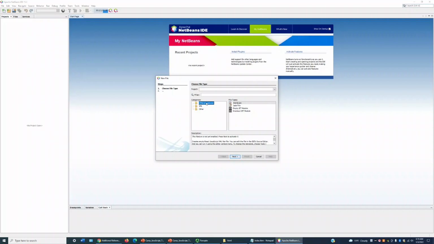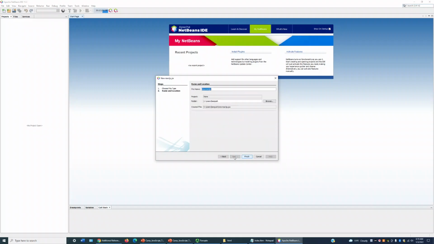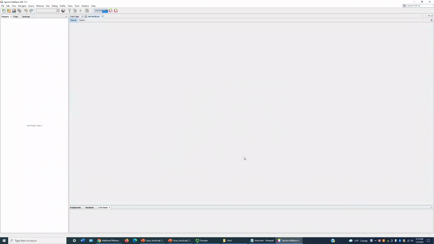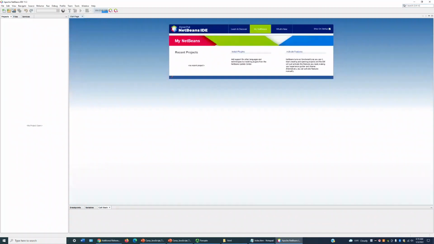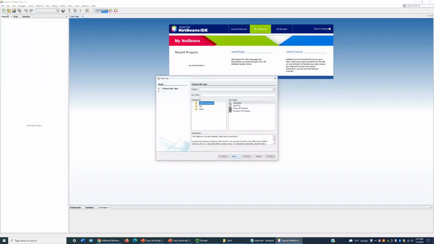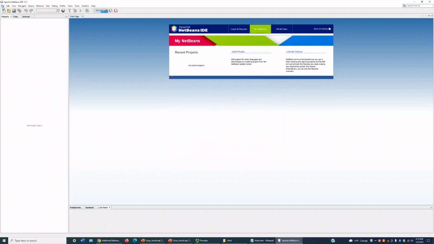So we are going to choose an HTML JavaScript file, and I'm just going to create it and see if it comes up with the code that I want to copy and use. And we're going to actually be using this coming up soon, but it looks like it does not like me today. So I'm going to take you through opening or creating a JavaScript project